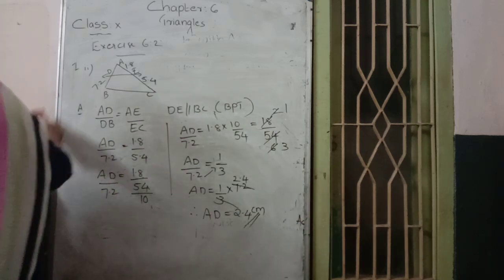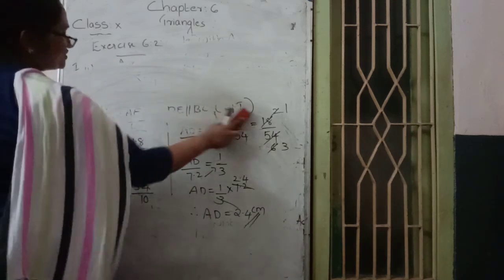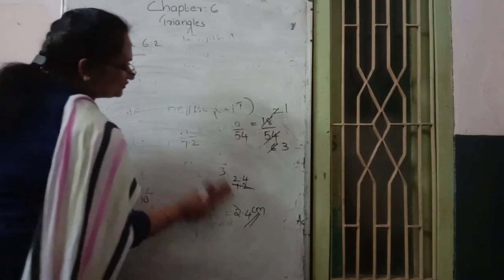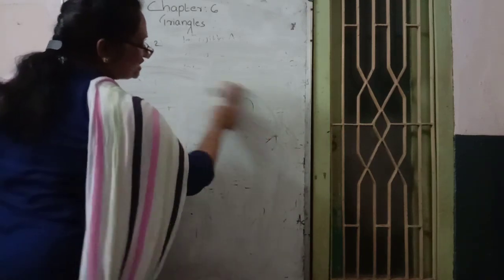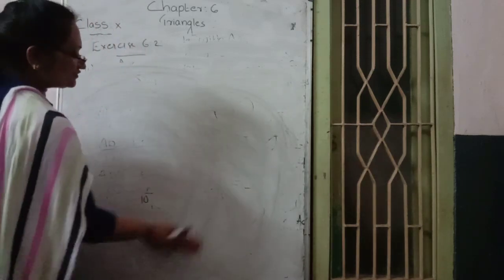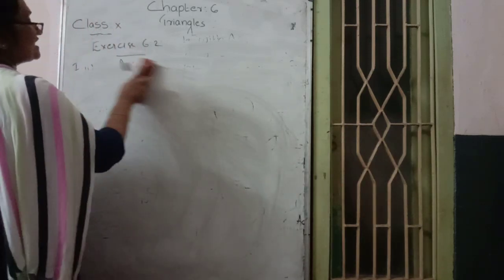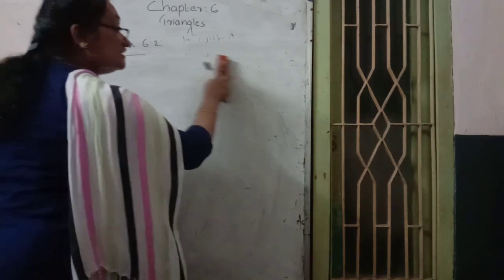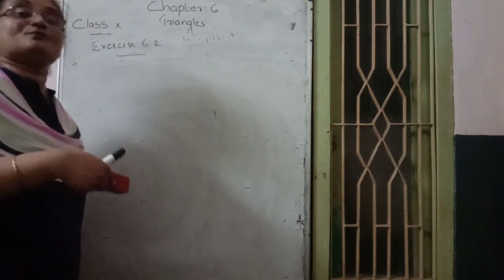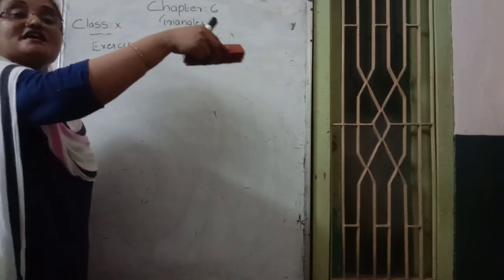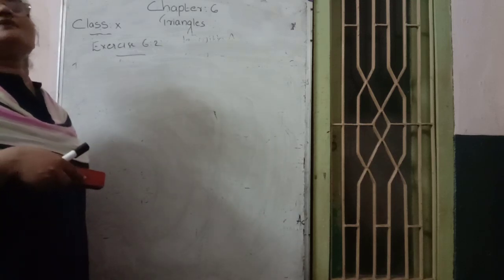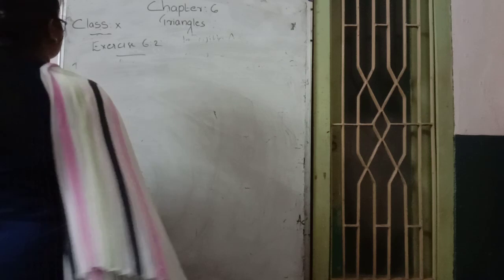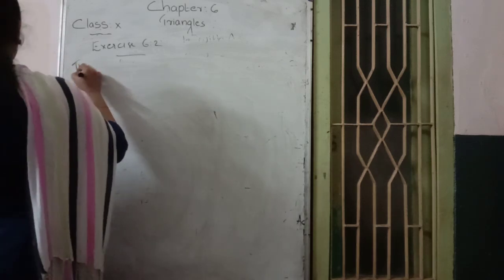Okay, then next one, another model question. There also it is a converse of the BPT theorem type question. Converse of the BPT theorem, what do they say there? They say that the sides are divided in equal ratio. We want to prove that the line and the third side of the triangle are parallel. Parallel we want to prove. That is our second Roman question.